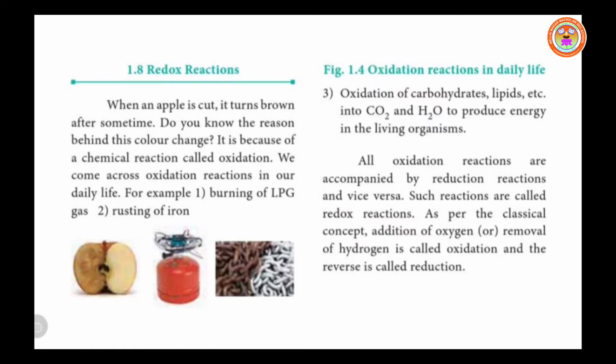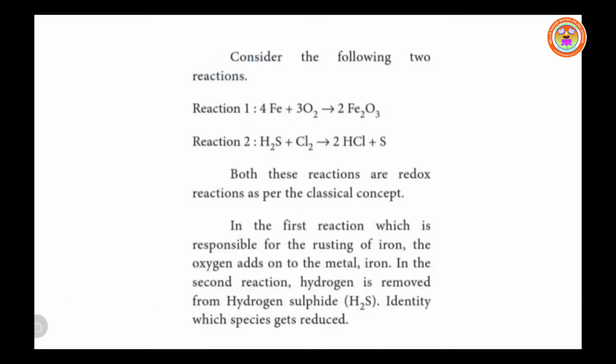First we can see the classical definition of oxidation. Addition of oxygen or removal of hydrogen is called oxidation reaction. For example, let us consider the reaction of iron with oxygen. When iron reacts with oxygen, ferric oxide Fe2O3 is formed. Here iron is oxidized to ferric oxide. The balanced equation is 4Fe + 3O2 → 2Fe2O3. Here Fe is oxidized to Fe2O3 by the addition of oxygen.